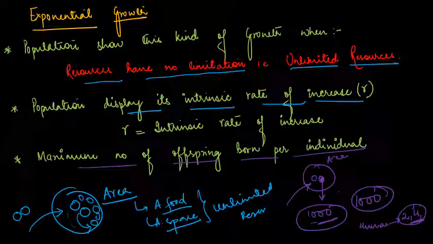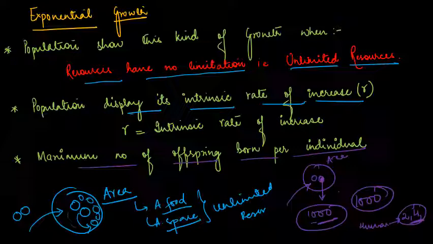That is exponential growth. So when we talk about exponential growth, it should be clear that exponential growth takes place only for a short duration. Why? Because it happens when there are unlimited resources, and unlimited resources will be there only for a short period of time. Once the organism starts reproducing, it will add individuals to the environment, right? So those individuals will again compete among themselves for the resources. So in that case, the resources will be limited.